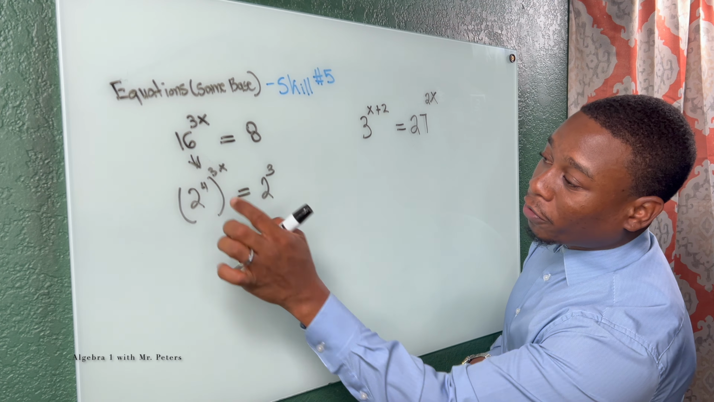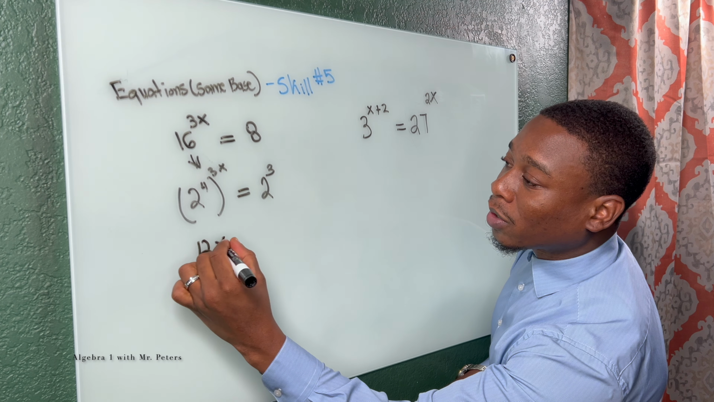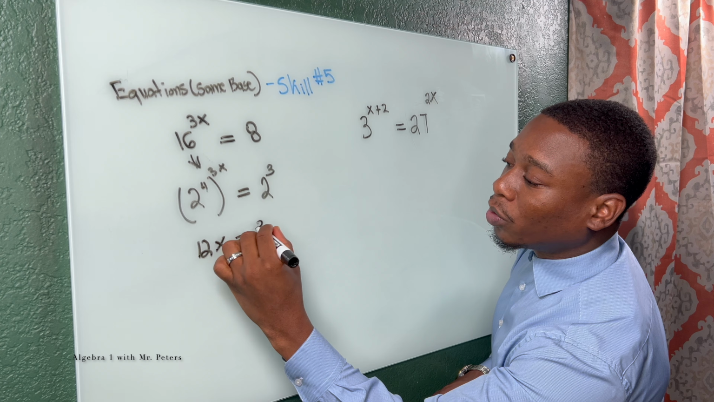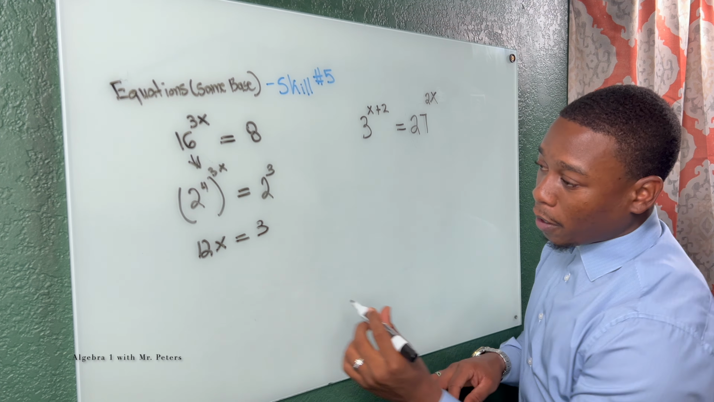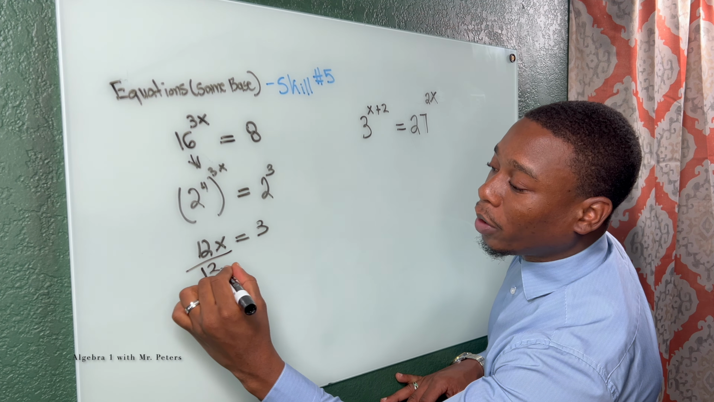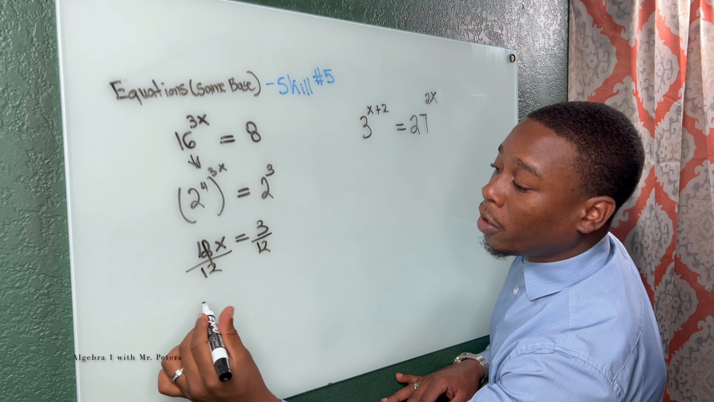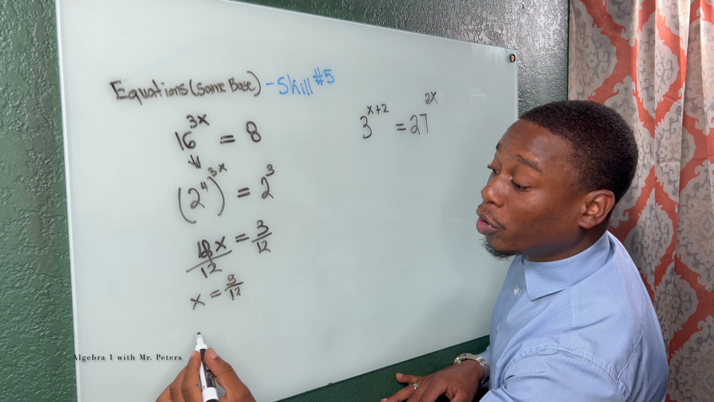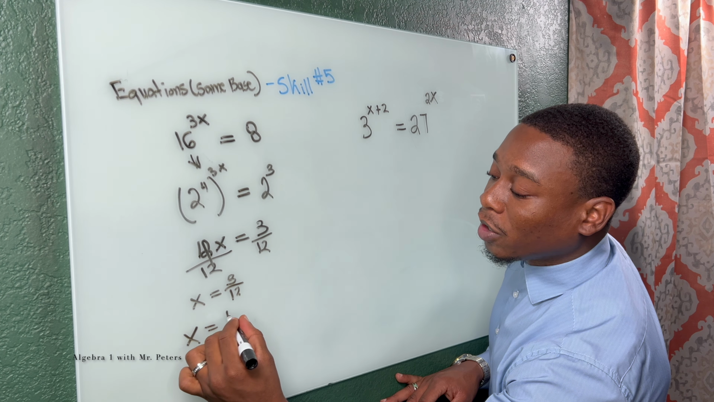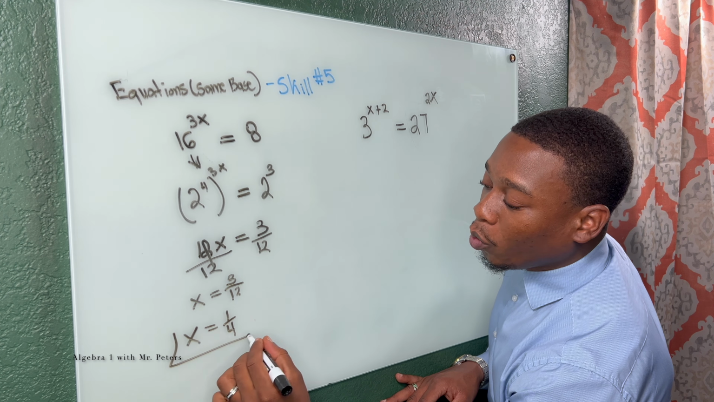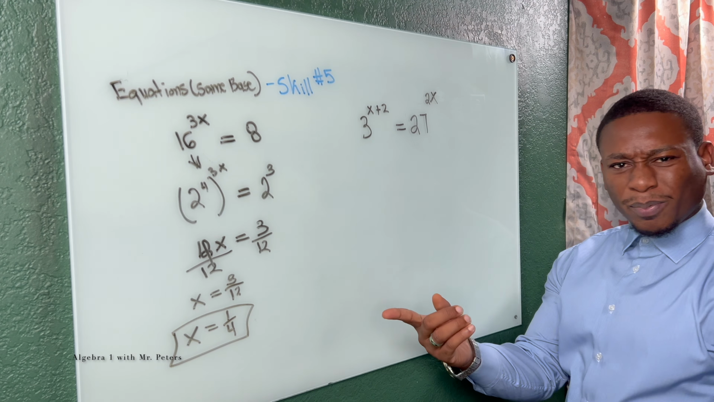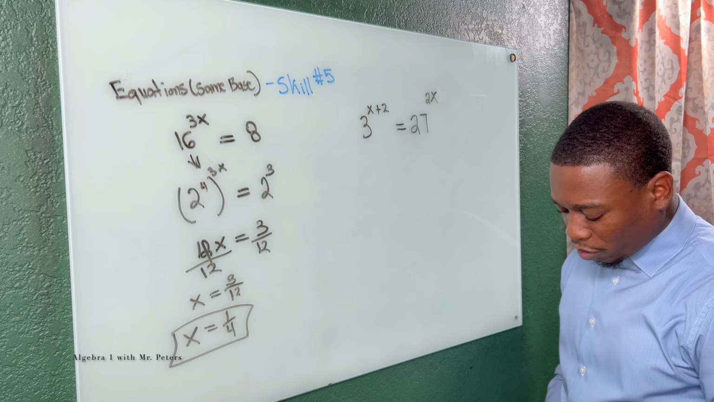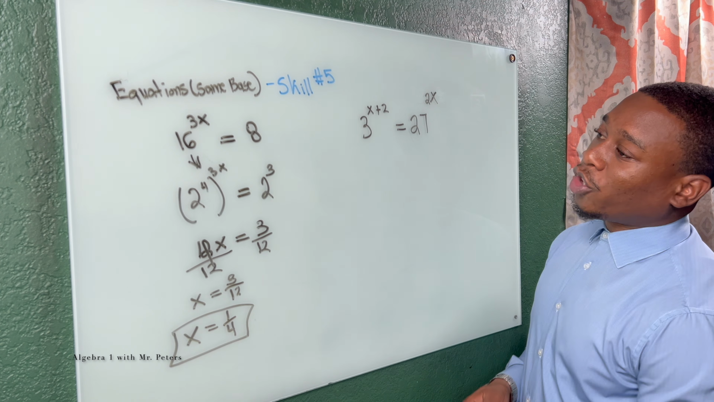So after I simplify to get 12x, right, this is going to be equal to 3. Okay, now we divide by 12 to get x by itself, and we know x is equal to 3 over 12. And if we reduce this, x is equal to 1/4. Now, if we want to double check that this is correct, we could just plug it back in. So let's do that real quick. So we're saying that